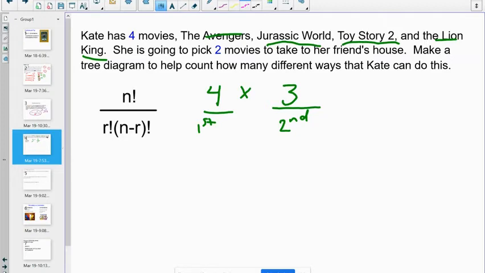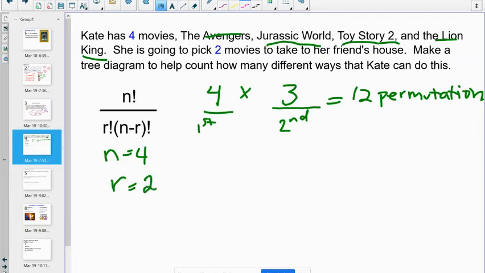Okay, so then that gets you to 12, but that's our permutations. That's not a combination. And now we know our N. What's our N? We have a total of 4 movies. Now R is we're picking 2 of those movies. But now the new part, this is the part that's different, is that we have to divide it by,